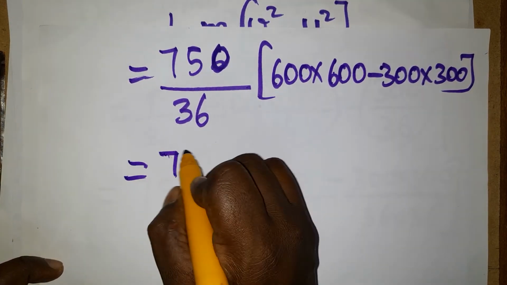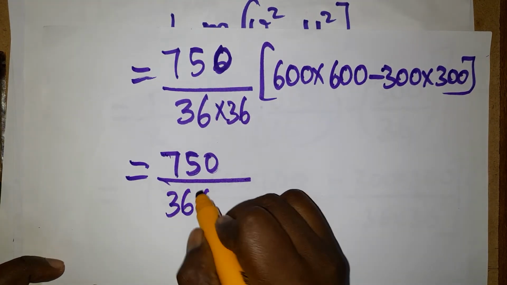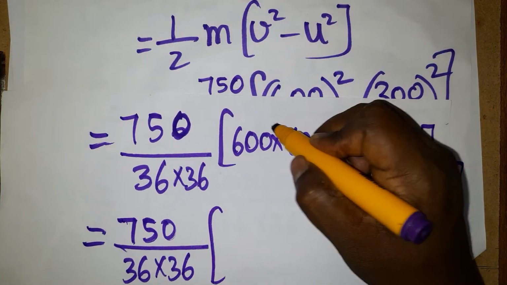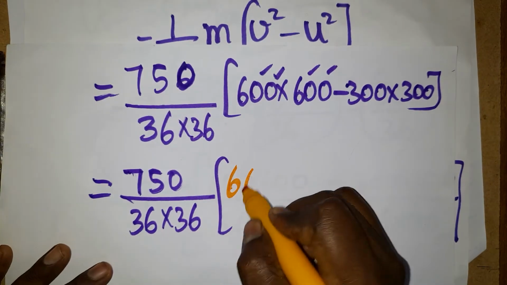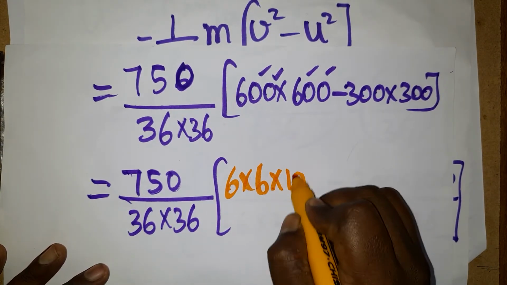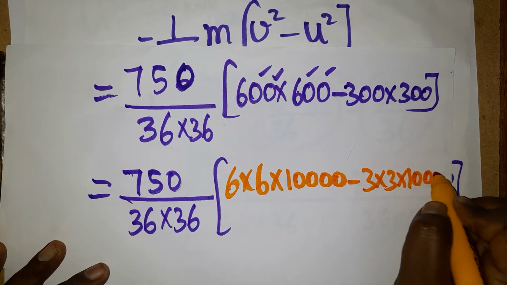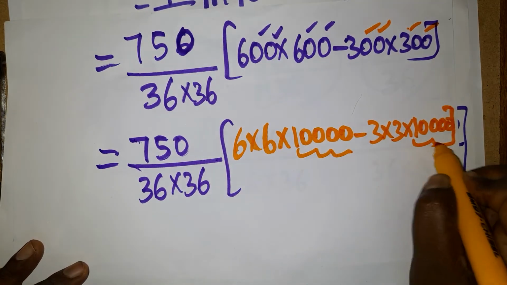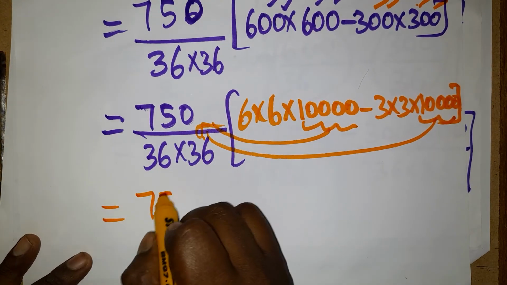See here, 750. Here 2 times 36, common LCM 36 into 36. I am taking it common from both places. Now here, 1, 2, 3, 4, 0, so you can take 10 power plus 4. 6 into 6, 10 power plus 4. Otherwise 1, 2, 3, 4, 0, into 3 into 3 into 10 power 4. This 2 is common, you can take it outside. This will help you do the calculation, a very simple method.